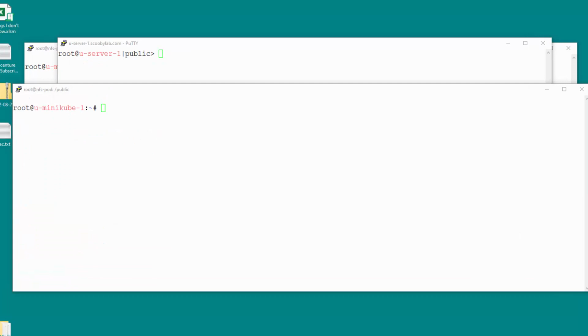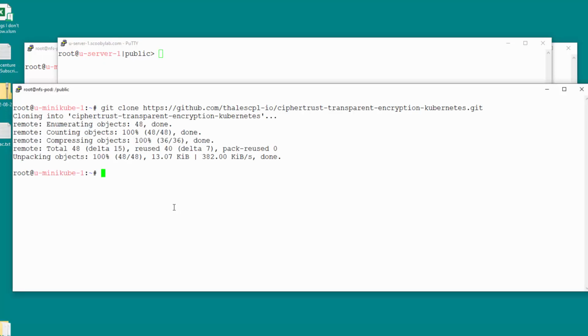To start the process, we need to obtain the CipherTrust Transparent Encryption Agent for Kubernetes, which is maintained in a GitHub repository. So we'll clone the repository using git. And when we do that, we get this repository copy of the project. So if we go into that project,